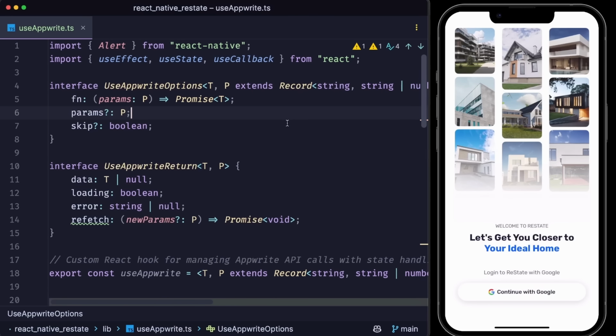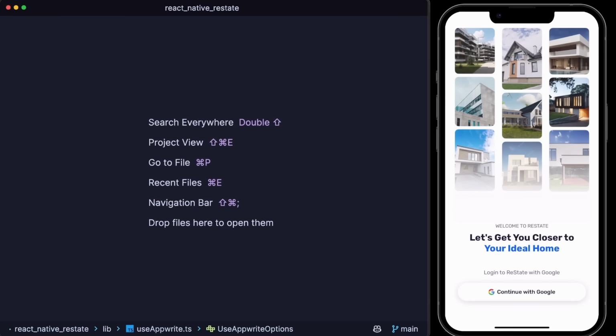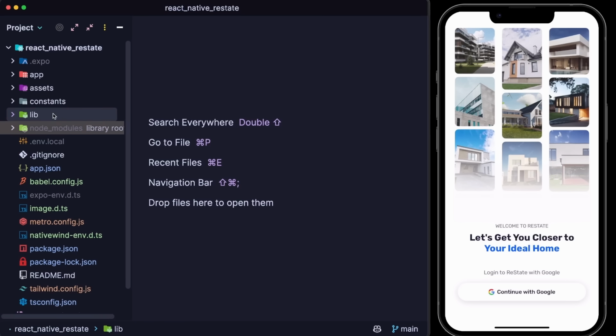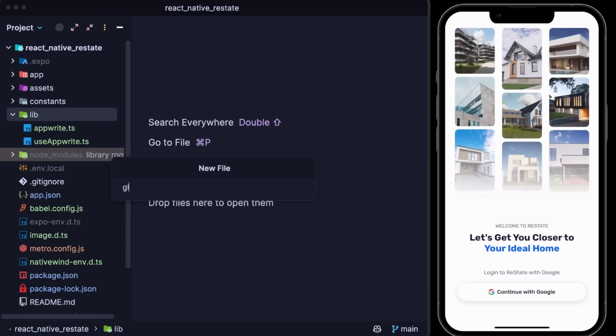Now, in addition to getting this data, we'll also have to protect our screens and properly redirect users. First, we'll create a global auth provider and fetch the current user. And if the user is not there, then we'll redirect to the sign-in screen, or if it is, to the home screen. So let's create a new file within the lib folder, and let's call it